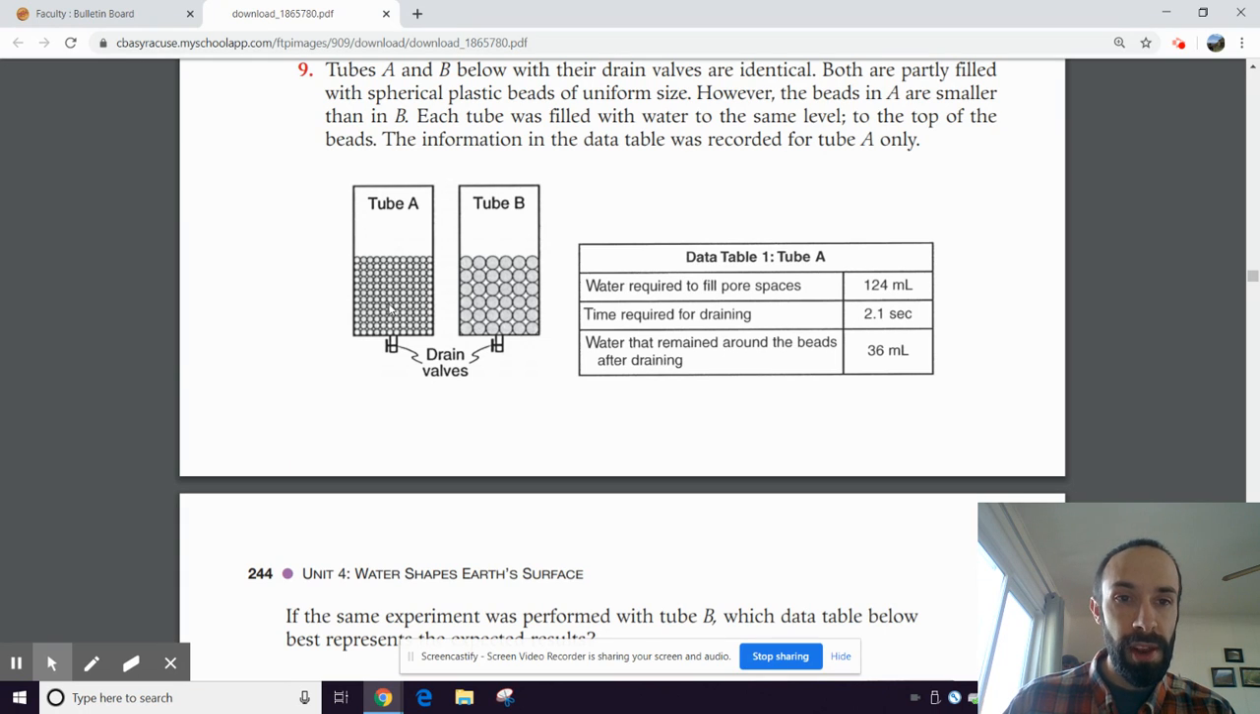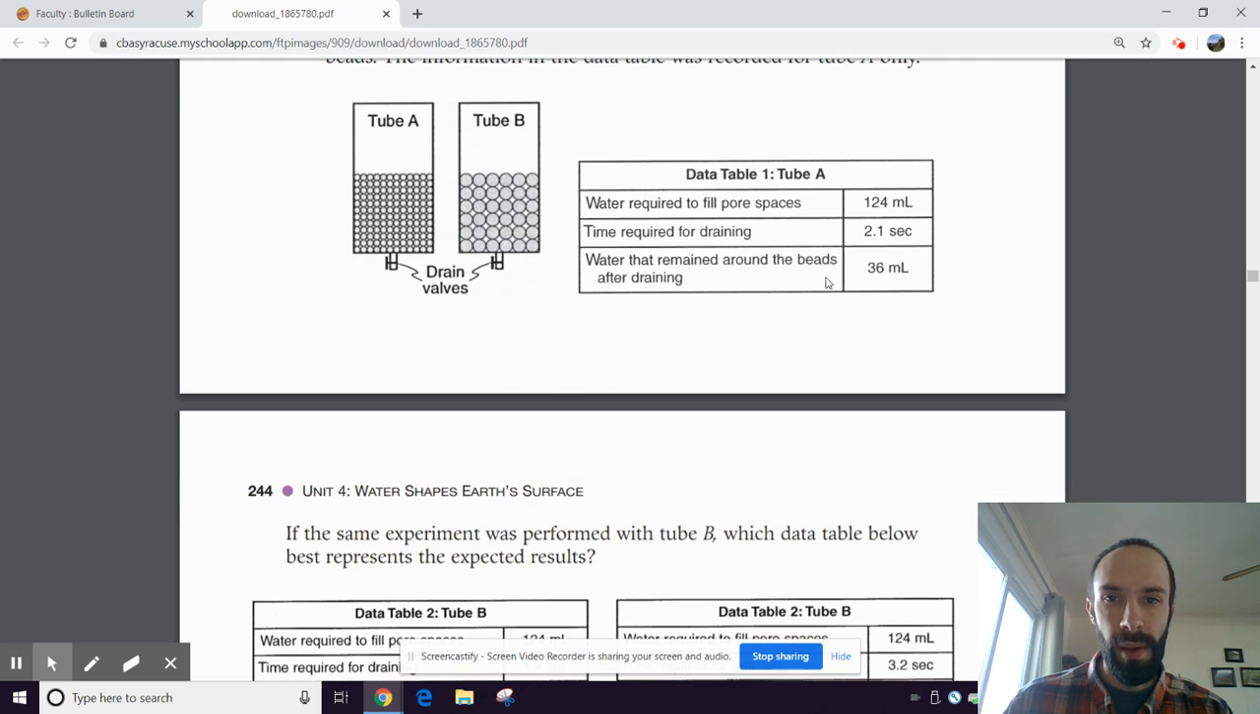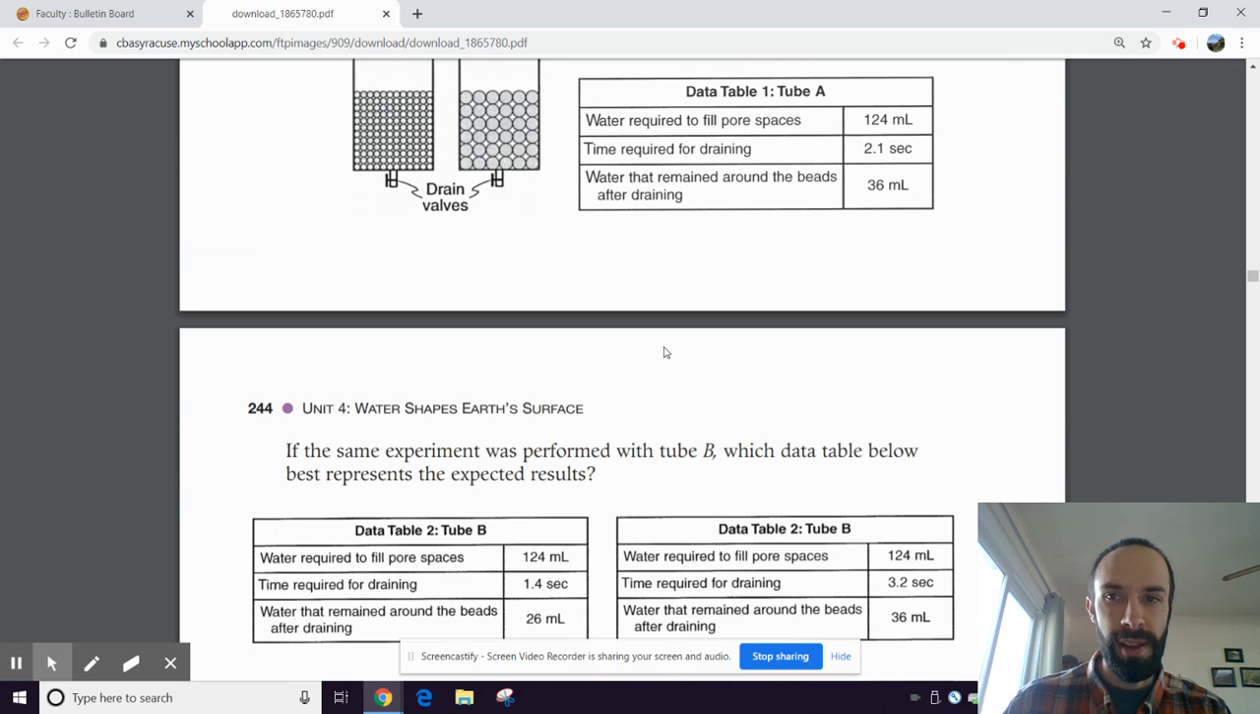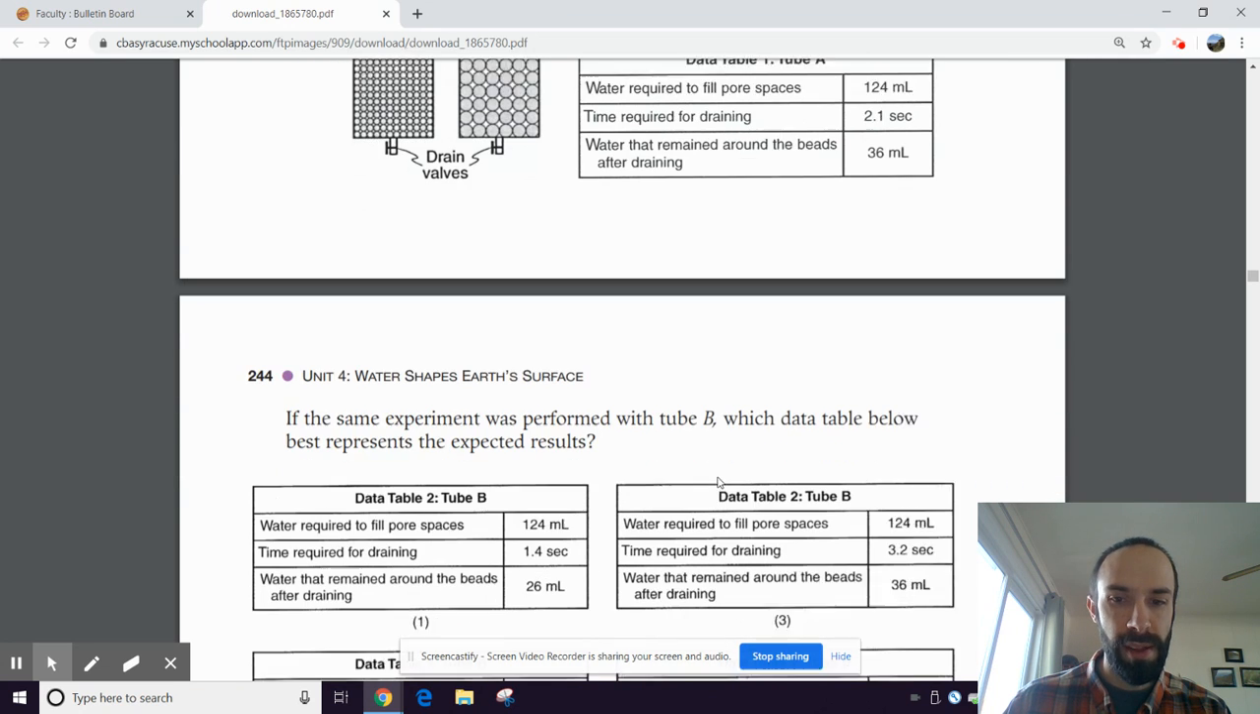One thing that is the same, the packing, the shape, that means the porosity is the same. Okay? So if we were to compare the pore spaces, water required to fill pore spaces, it would be identical in both tube A and B. So that's kind of a hint. We were looking for the porosity, that's first box, to be the same. Okay, so that's one thing to take note of, and that means it's got to be either 1 or 3